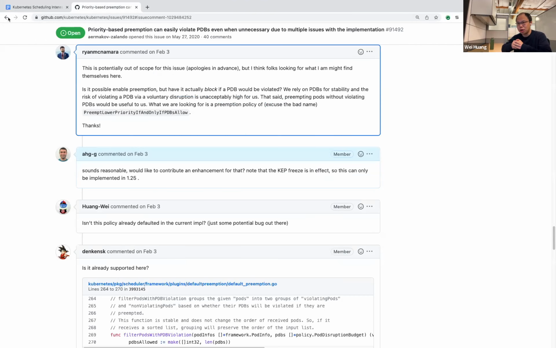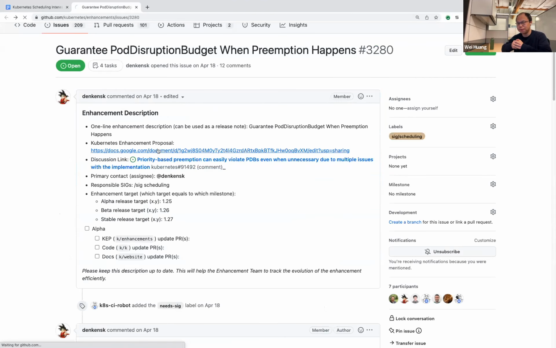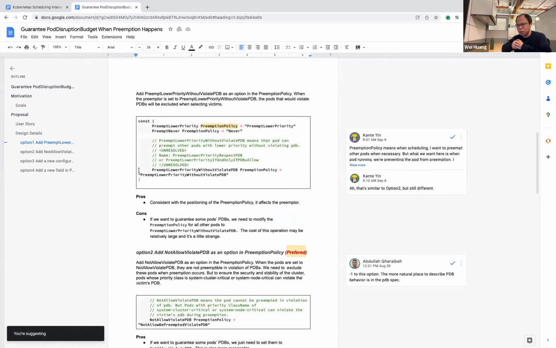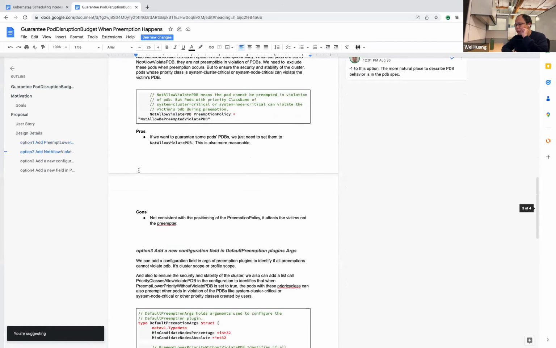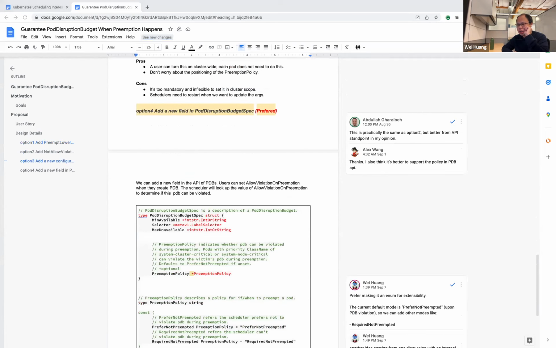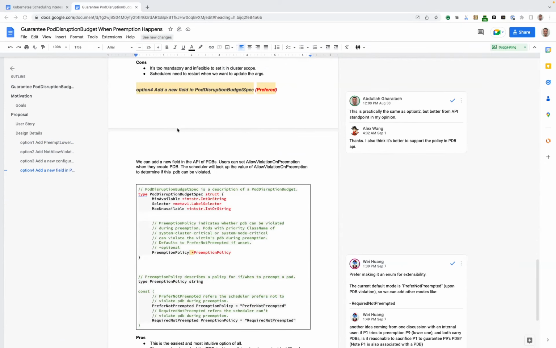So if we come up with the option to honor the PDB's semantics, to honor the disruption, I think Abdullah, you gave a comment on some of the options. Option 4 should be the most desirable. Yeah, you remember that? Okay. Right. That sounds good.